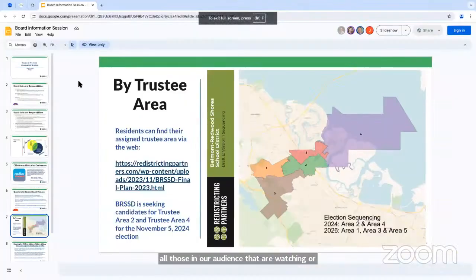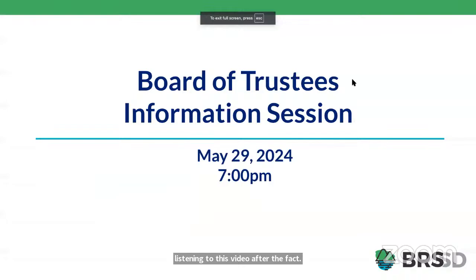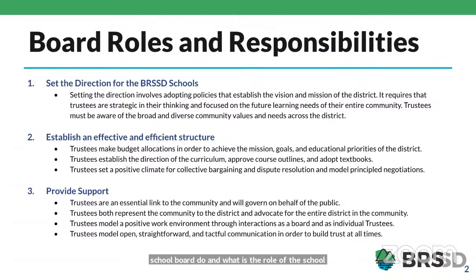A lot of questions typically come up about what does a school board do and what is the role of a school board. School board plays a really important role in setting the direction for our school district. The California School Boards Association is really the statewide association that kind of governs school board work and supports school boards in their endeavor. And they've actually defined the board roles and responsibilities as 5 specific ones. I'm not going to read all of the elements of each slide, but just some highlights to give kind of an overview. CSBA defines the first goal of a school board is setting the direction for schools.